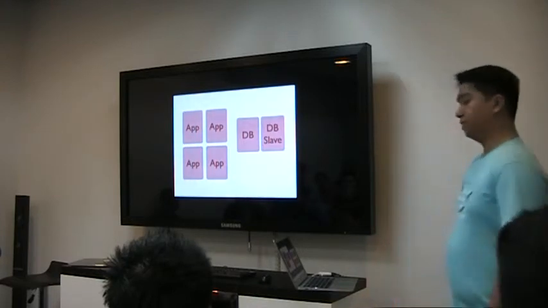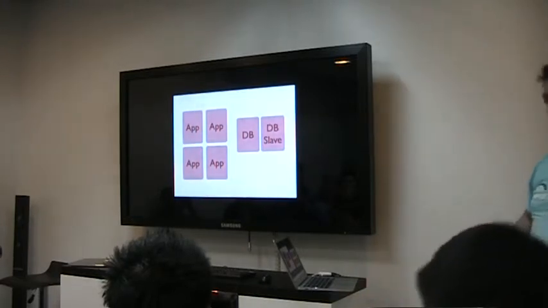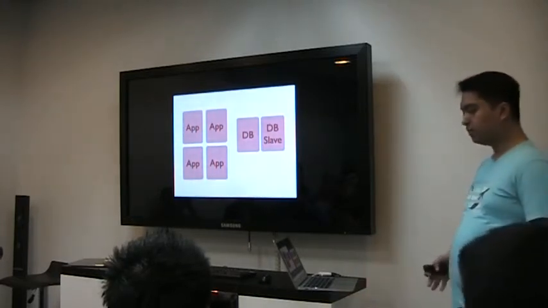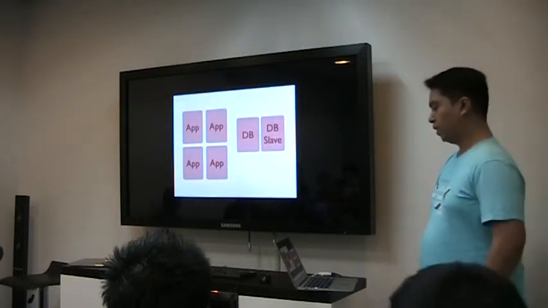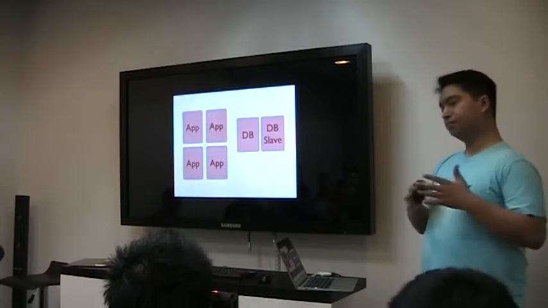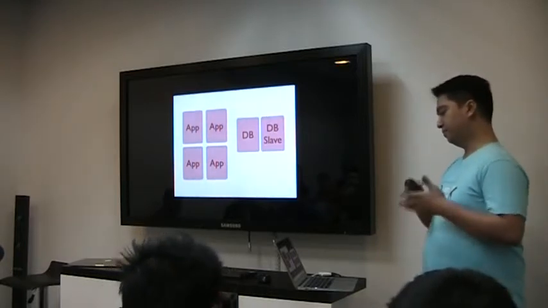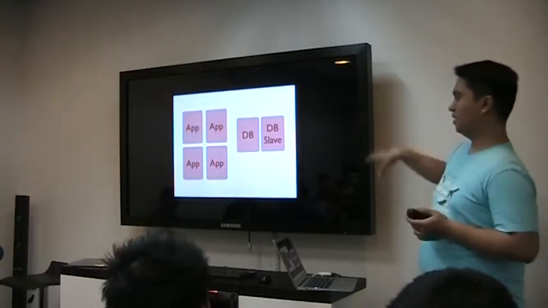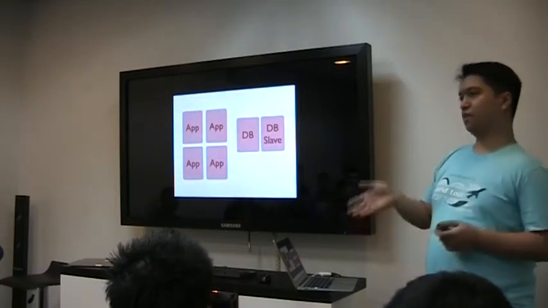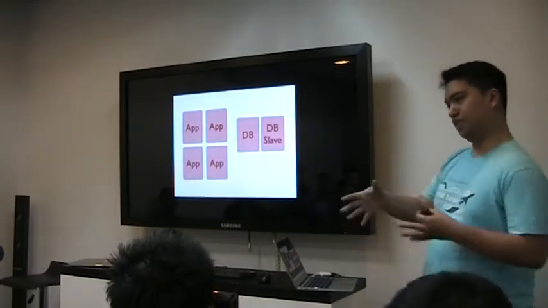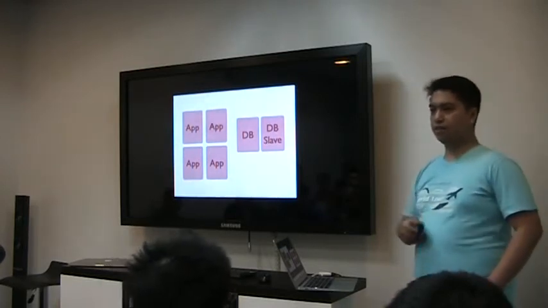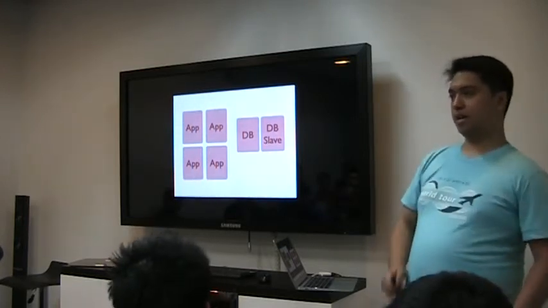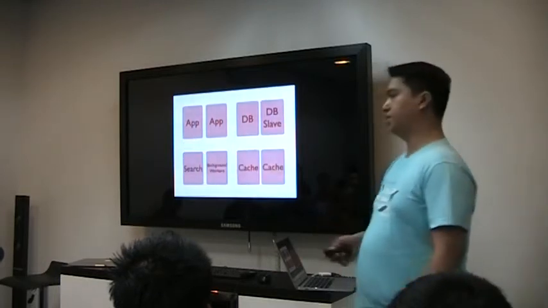Then you could also add a DB slave for replication, or you could use it for reporting, and have your apps connect to the slave for reads instead of the master, to distribute the load basically. It also doesn't stop there. If you have a complicated, complex website, you might have